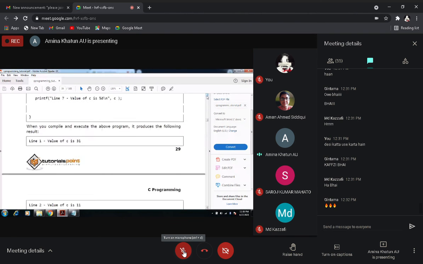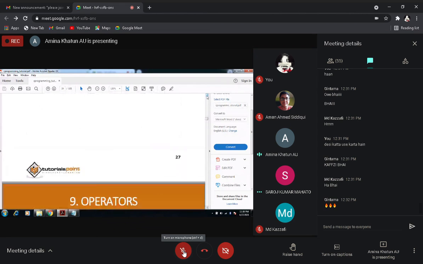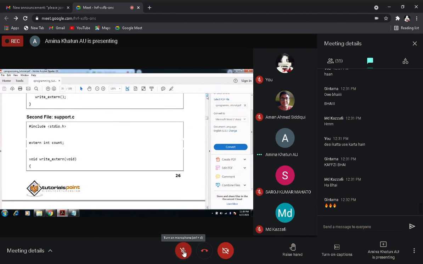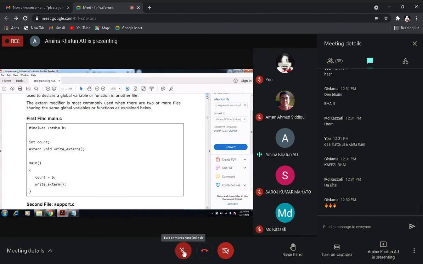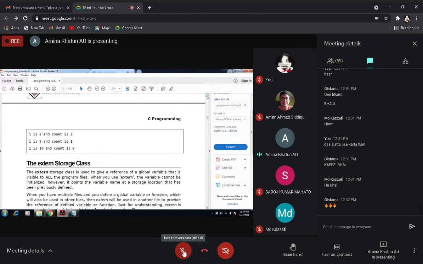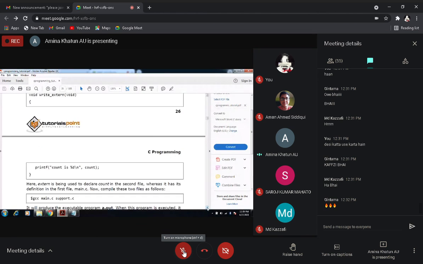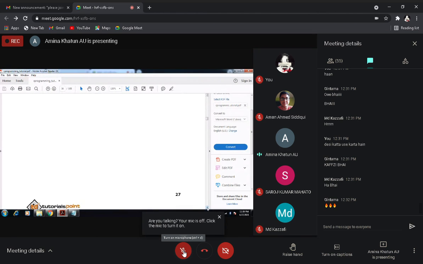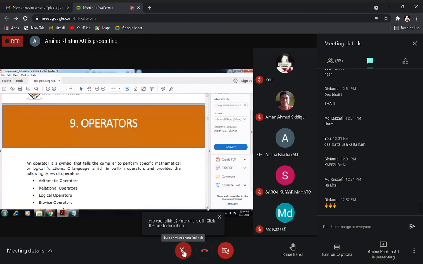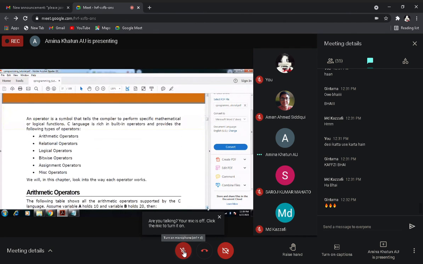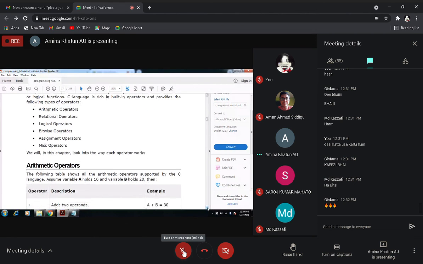So in today's class, we have covered a lot of things. We have seen the L values, R values, and the different kinds of storage class. I will continue the storage class after completing loops and all those things, else you will not understand programming. Next, we have discussed the different types of operators used in C language. We have read the arithmetic and relational operators. So next class, we will start from the logical operator. Okay.